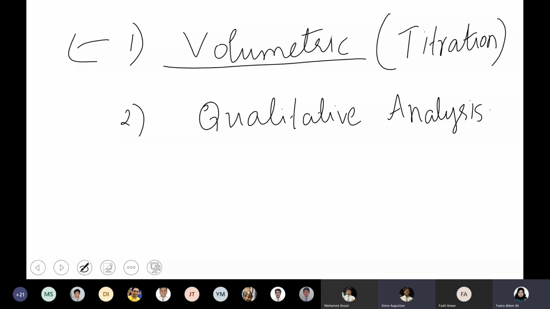Ma'am, are you explaining qualitative or quantitative? Quantitative. So quantitative comes under volumetric? Yeah. Wherever you are finding out the strength of a substance, how much quantity is present, that is why quantitative. The quantity could be in terms of concentration, like volume. That is why volumetric means using volumes. You're measuring 20 ml of sodium hydroxide, you're measuring 20 ml of HCl, and you're doing the titration.